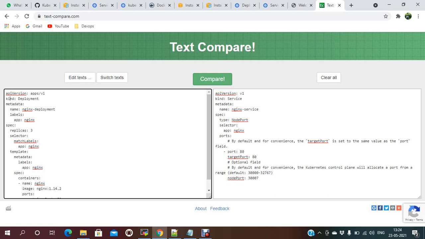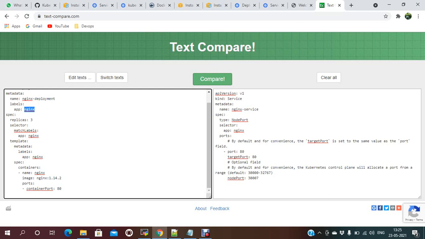If you have a pod, you can give pod and metadata. Metadata is about your service name, like the name of the pod and labels. The labels need to match with your selector, so whatever labels you have, the matchLabels need to match with the selector. For nginx, I need three replicas, meaning three pods need to be running.